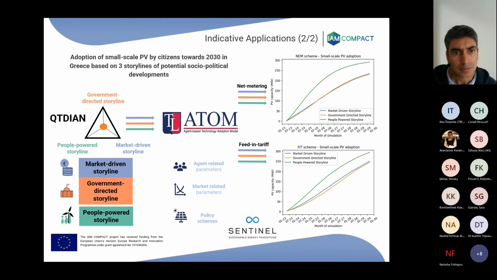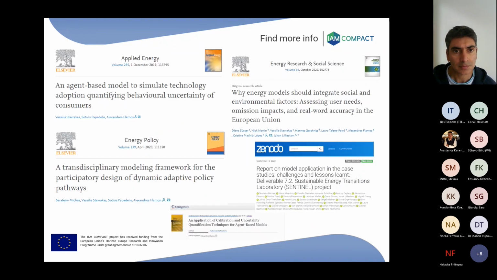And here I have included some relevant recent information about the model, scientific articles and reports. So that would be all